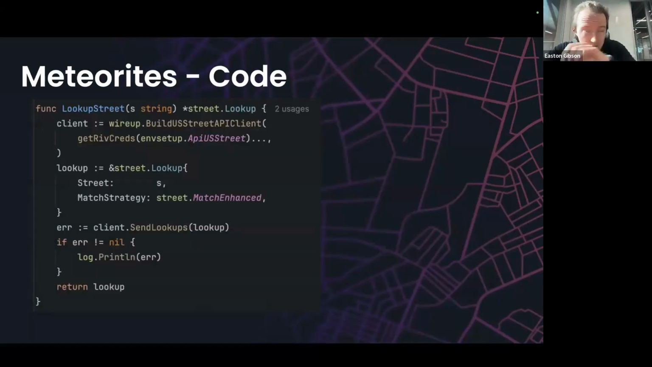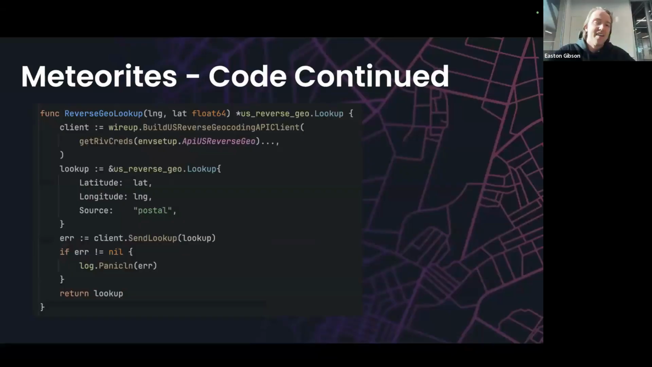So this is the same street lookup, so I'll just breeze over this real quickly. Here it is. Reverse geo, this one's new. Same thing, get our credentials, but then we'll provide a longitude, latitude, and our source of postal. And then we will send the lookup. So you might start to notice a pattern with our SDKs. They are all very similar. I did not have to look at the documentation for them past a certain point. I looked up a few of them and then was like, well, I think I got it. So that's nice for